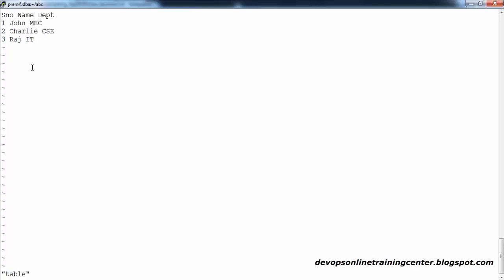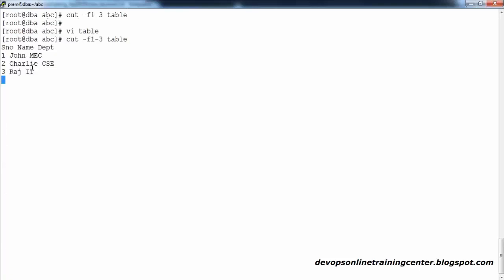Done? Now let's see whether it will fetch it or not. Let's see the first column. Look at this, it is not fetching the first column. This is absolutely wrong. This command is not behaving in the original way when the separator becomes a space. You may get a chance to fetch the first column from data that is not space separated but comma separated or semicolon separated tomorrow. So it is not very useful if it only works for the tab space.